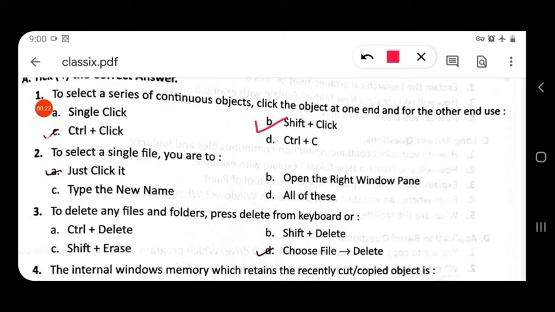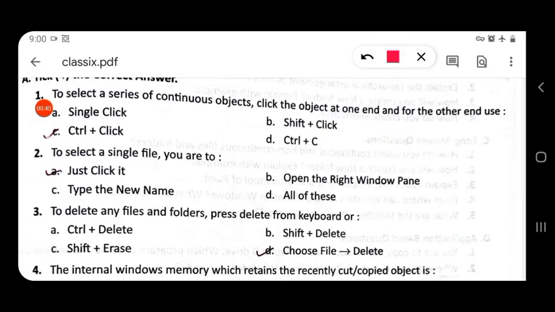That is, press the shift key and then start selecting. Then to select a single file, you just click it.